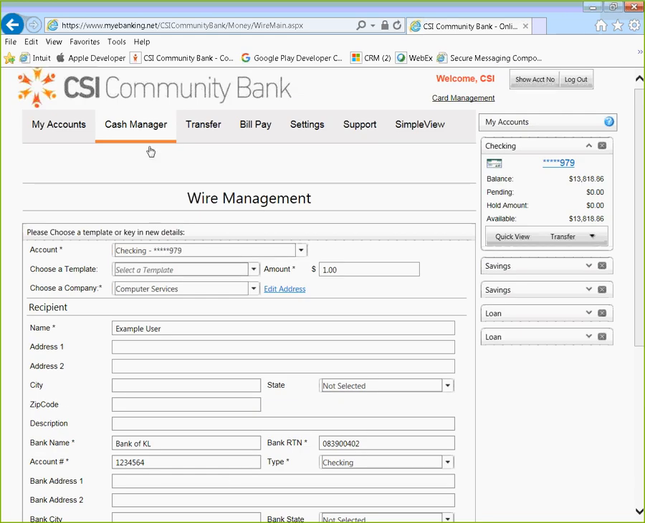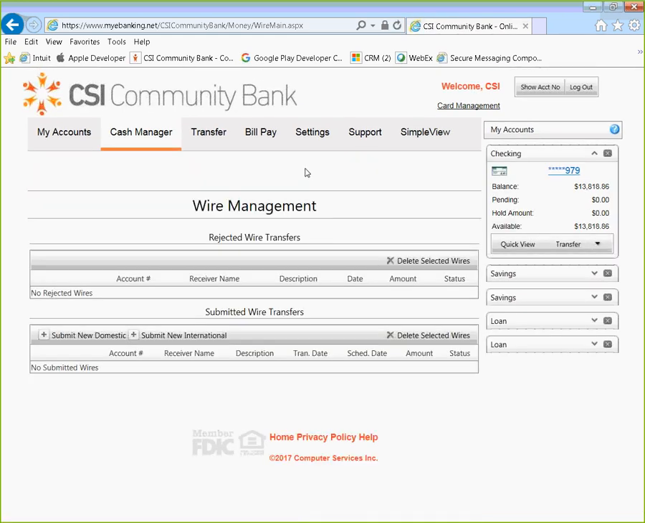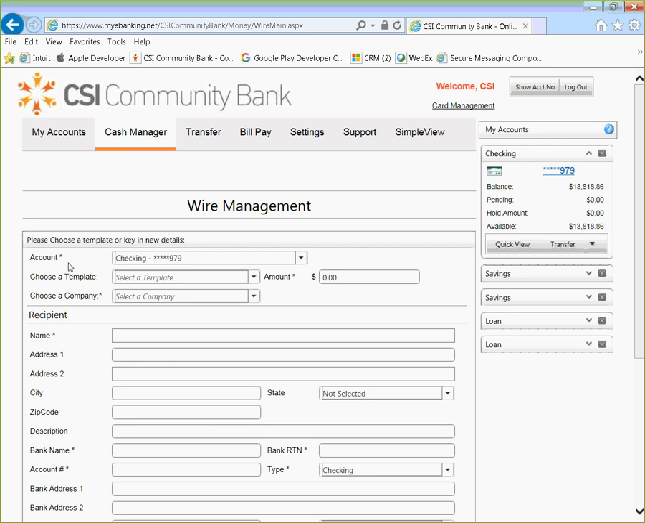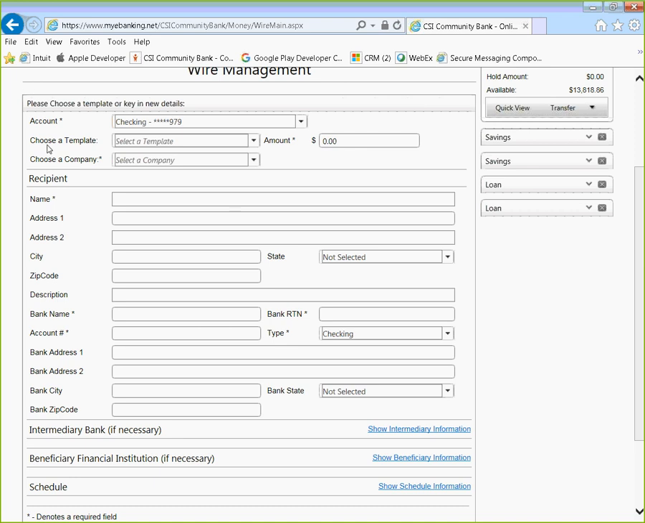So in the instance that I wanted to use a wire directly from a template that's already been set up, I could go to Submit New Domestic Wire. I do still have to choose my account number, but at this point, instead of scrolling down the screen and filling everything in, I can go to choose a template. I can expand that drop down and just choose the template that is out there,